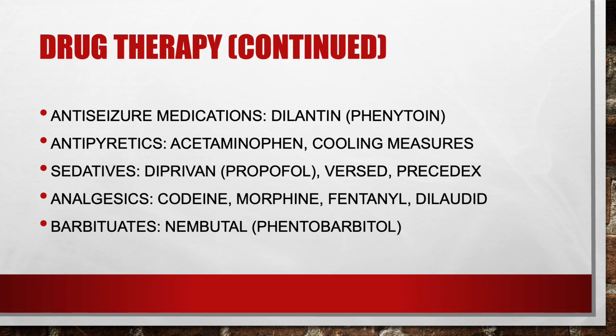And again, analgesics, why do you think we're giving that? Well, we want to control pain, obviously, but pain increases metabolic needs too, okay? And barbiturates like phenobarbital are used in increased intracranial pressure that is refractory to other treatments. It decreases that cerebral metabolism, which is a good thing, so it doesn't have the needs that increase that intracranial pressure. So they're going to cause a decrease in ICP and actually a reduction in cerebral edema.